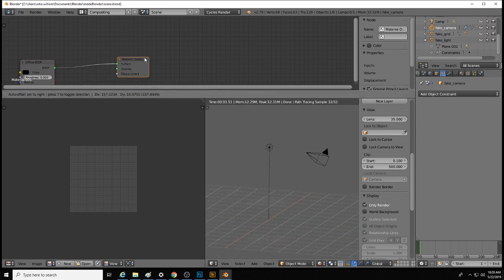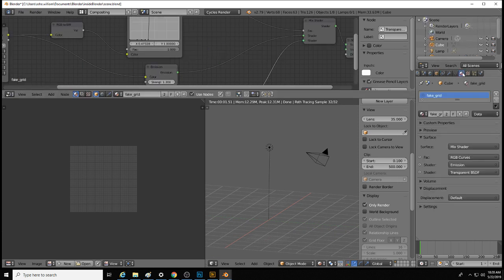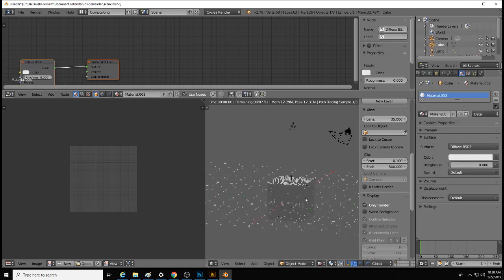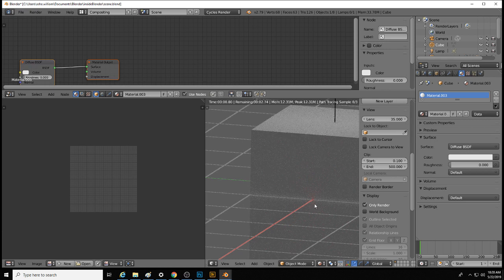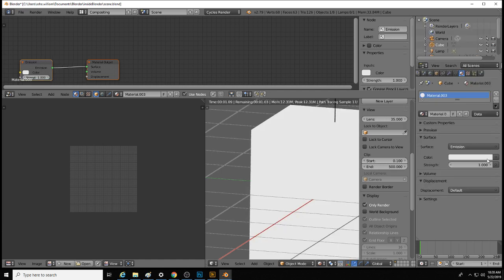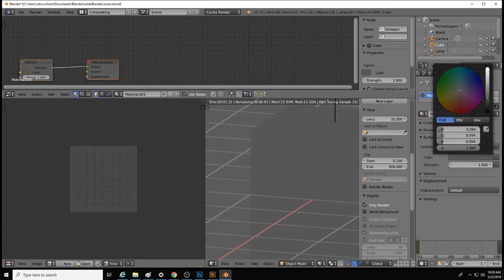The only material we need to adjust before we move on is the cube, the default cube, which is actually not fake. It's just a normal default cube. It looks like it tried to pick up the fake grid materials, so I'm going to take that off and add a new one. There was an issue because I use emissive materials on the grid. You'll see they kind of start to light up the cube, and that looks a little ugly. So what I did is I just used an emissive material, and I set that color to a gray color. And since it's emitting light, it doesn't catch the light. So if you just want it to be